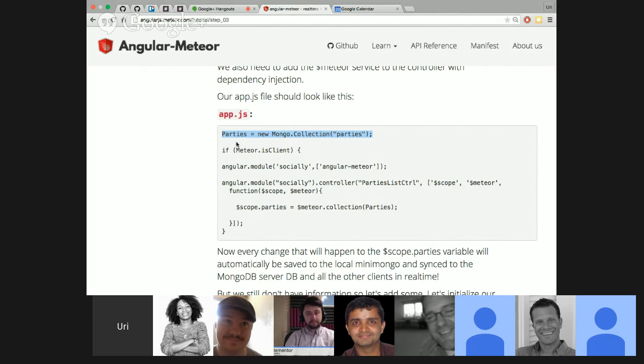Because Meteor gives you minimongo, the Mongo API on the client, every action that you do on those parties, you can do on the client and on the server, with exactly the same syntax if you use the Mongo API syntax. And Meteor will watch over the database to see those changes.